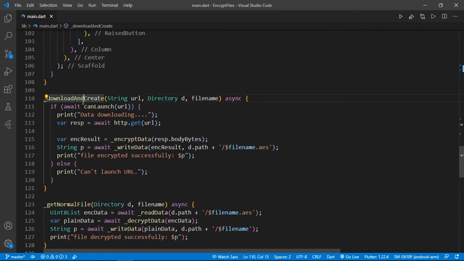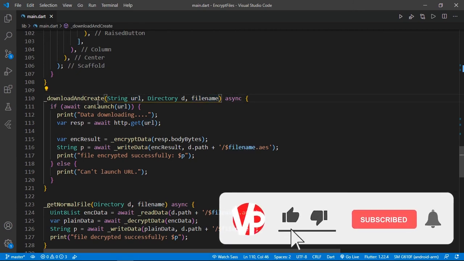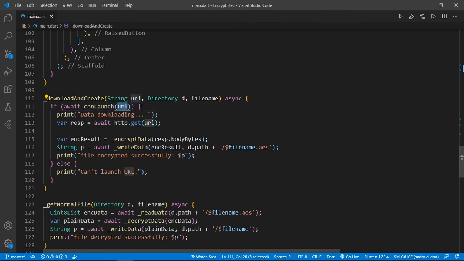So first, whenever we call this method, it will ask for URL, directory and file name. So here you can see await canLaunch. First it will check whether we can launch this URL or not. If we can't launch it, it will print that simple message, can't launch URL. And if we can launch it, it will go inside that if statement.